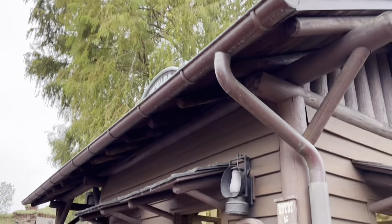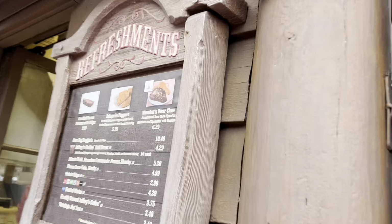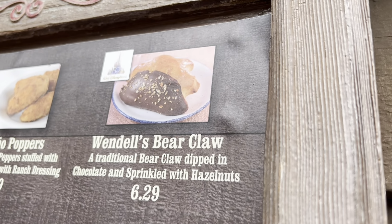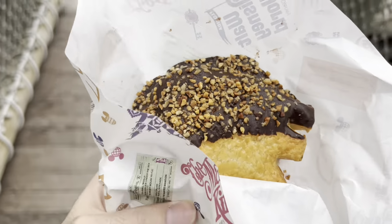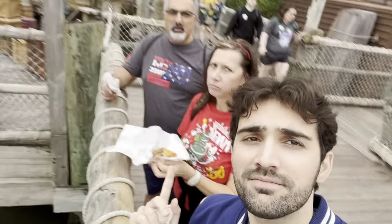So over here at Westward Ho in Frontierland, we're trying this little item right here, which is part of the 50th celebration, Wendell's Bear Claw. It's a traditional bear claw pastry dipped in chocolate, sprinkled with hazelnuts. Here is a little visual of the item. It looks very good, but honestly, I feel like the pastry is going to be kind of stale and cold, so we'll see. I would definitely say,